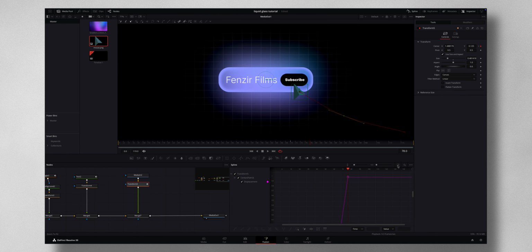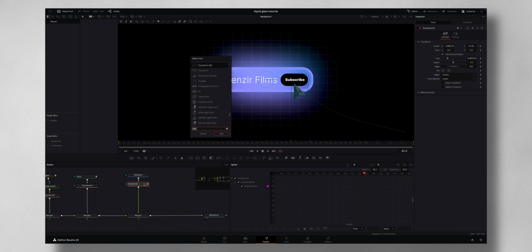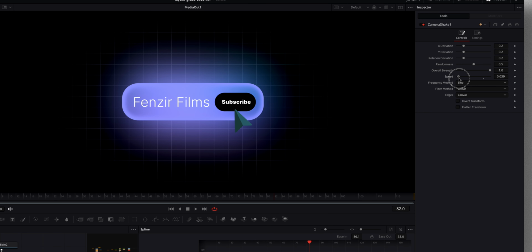And come to spline, Control A, press S, and press T to increase the ease in value to something like 85. So you have a nice motion for the mouse. What I want to do is make the mouse hover over it. So I'll create a camera shake. So shift spacebar, camera shake, press add, reduce the speed, and reduce the overall strength to something like this. So it'll hover around gently